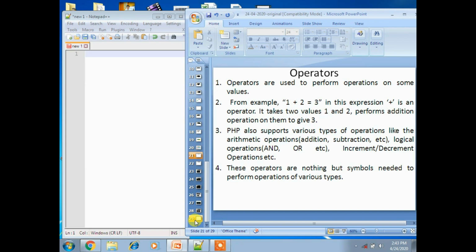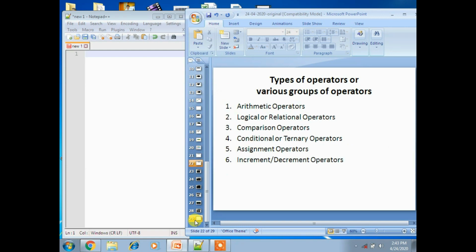Now let's see the first type, that is arithmetic operators. You can get a question on the various groups of operators. There are 6 types of operators. One more new operator, the spaceship operator, was added in PHP version 7.